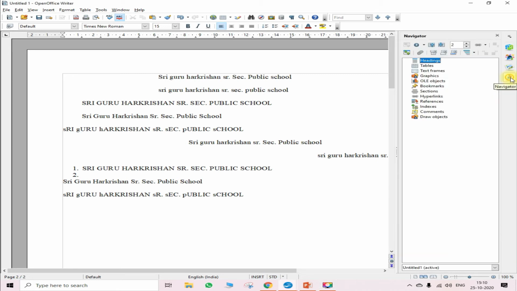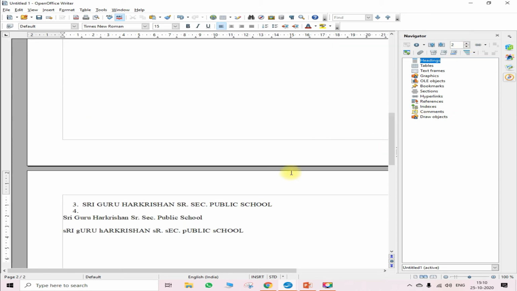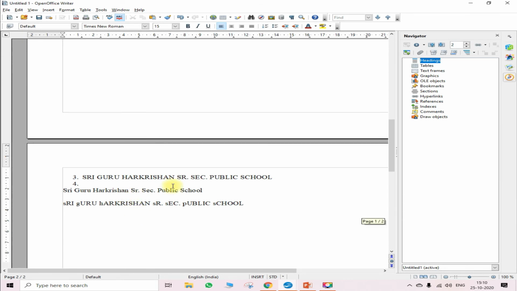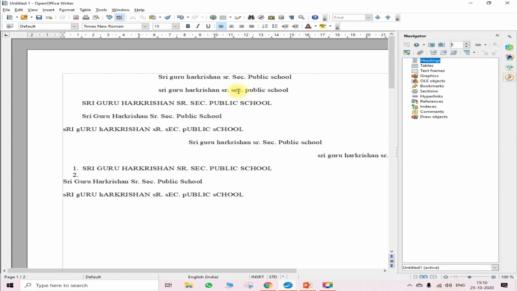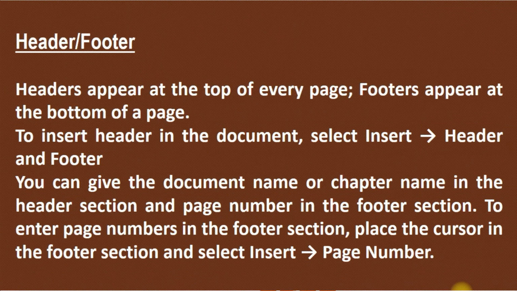Navigator button पे जब आप click करते you get this option continue search forward, continue search backward. ठीक है, यहाँ से आपको page break की option मिलती है. So just click here, one page या two page, जो भी आपने जहाँ पर जाना, you see your cursor is on the next page. If you click here on one, your cursor will be on the previous page. ठीक है, so this way you can make use of the page break option. Let's see the next slide.